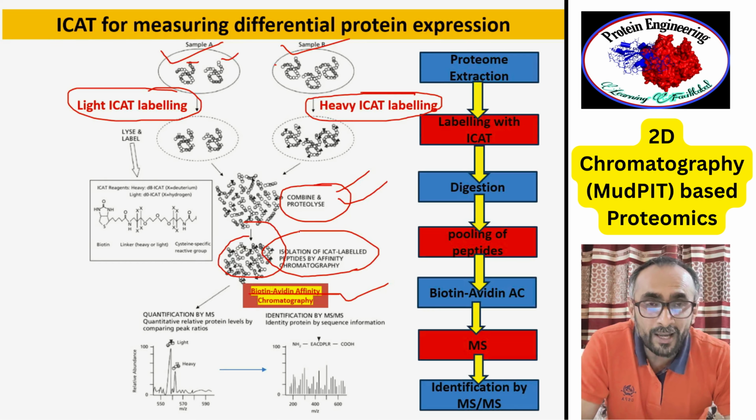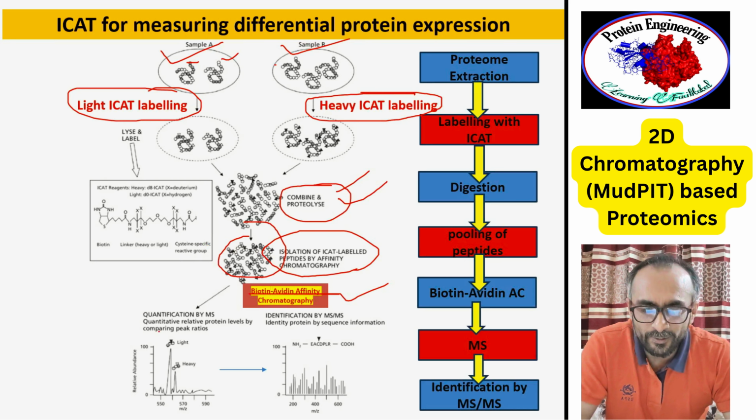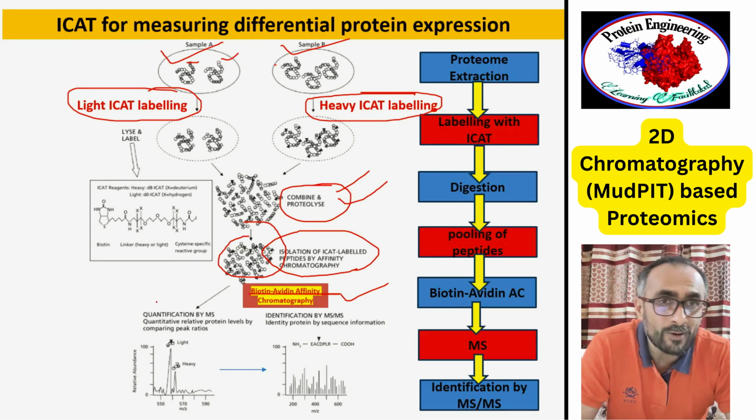Now in the column you have only biotin containing peptide bound to the stationary phase. You do elution from the chromatography using free biotin or by changing pH, and you have only enriched labeled peptides with you. Now those labeled peptides you run mass spectroscopy. You send it to MS, and when you send it to MS, you will get large number of peaks in